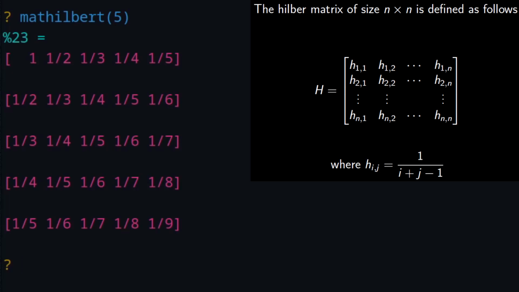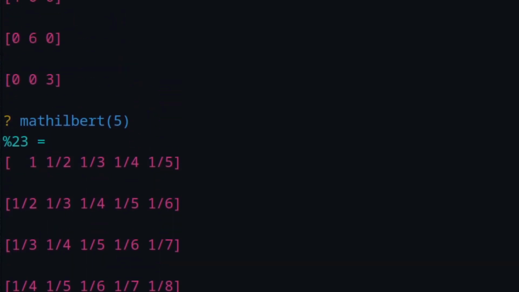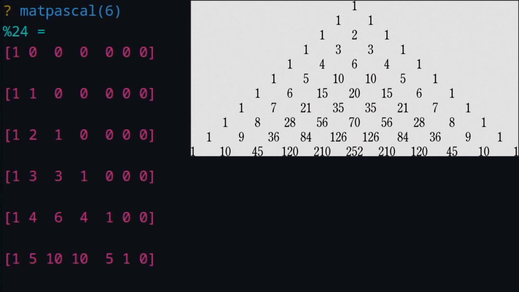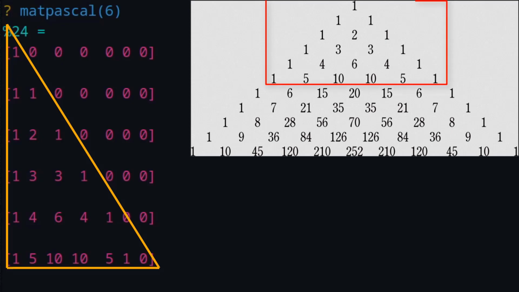You can also do things like, for example, the Pascal triangle, and it's going to give you that in a matrix form. And the code for that is matPascal. So matPascal is going to give you the Pascal triangle, if you have seen that before, but it's going to be in the lower triangular part of the matrix. So let's say I want the first 6 rows here. And that will be the Pascal triangle here. The Pascal triangle is actually here in the lower triangular part of that matrix. So those are some of the